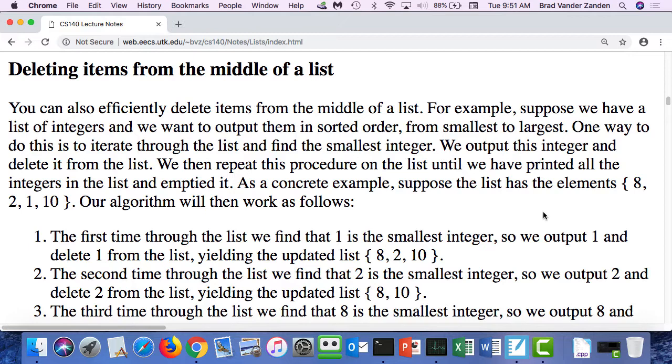So if we want to delete items from the middle of the list, an obvious example is you scratch off a grocery item from the middle of a list as you're going through the grocery store. I'll give you another example: let's say we want to sort the elements on a list, so we want to produce them in sorted order. For example, let's say our list contains the elements 8, 2, 1, and 10, and we want to output